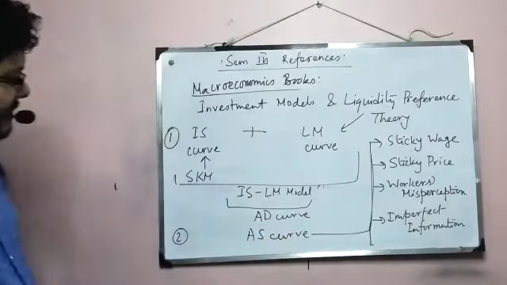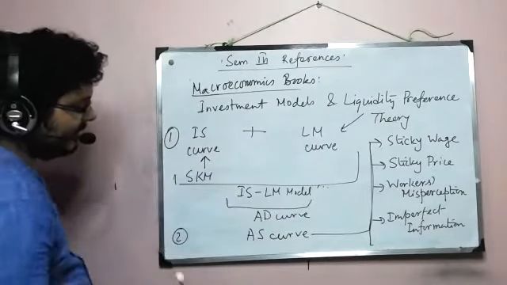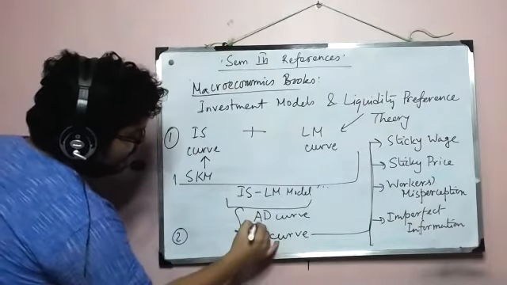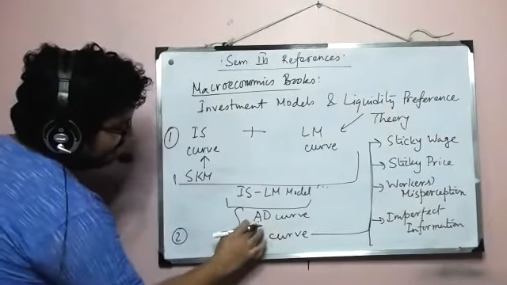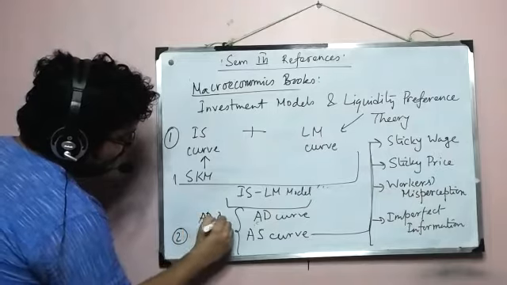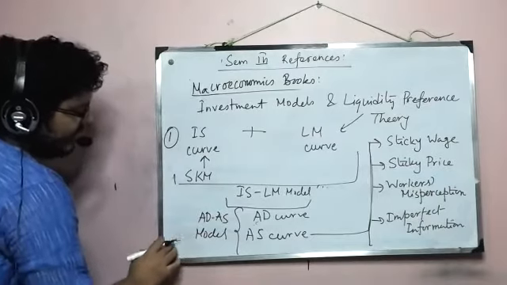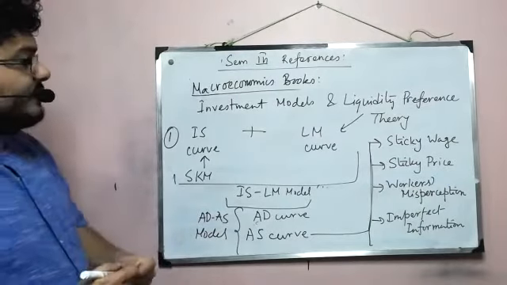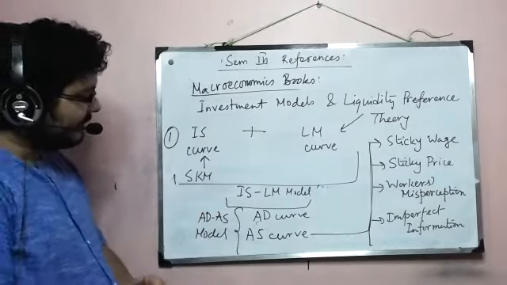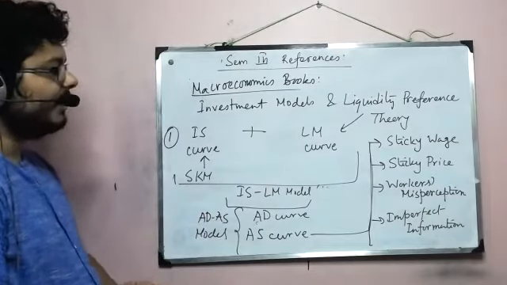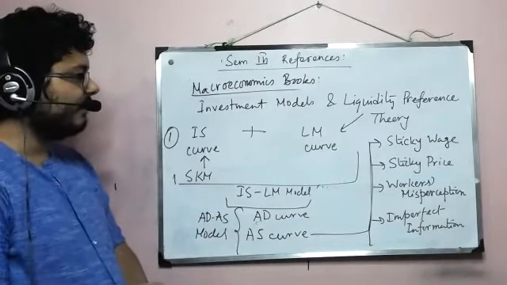Now once we have the AD curve from here and the AS curve from there, what we are left with is a model which combines AD and AS. We call this the ADAS model. Looking back, the ADAS model has a huge number of underlying models. But in the ADAS model, we analyze the Keynesian way of looking at the price level and the quantity that you observe in the economy, and how they are determined.